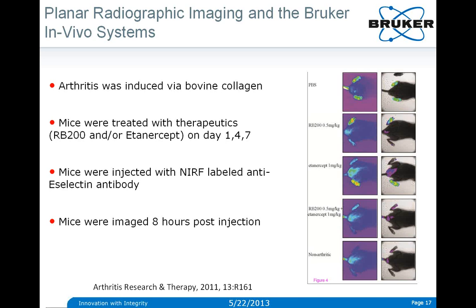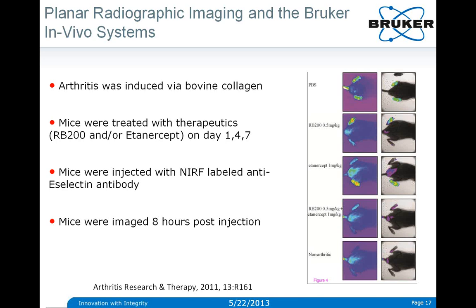So etanercept is an established anti-TNF-alpha therapeutic for rheumatoid arthritis, and RB200 is a candidate therapeutic,